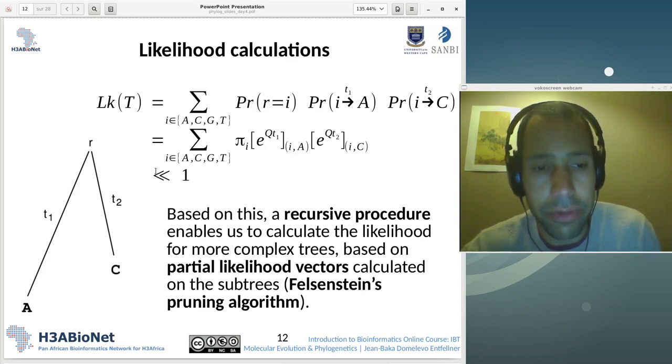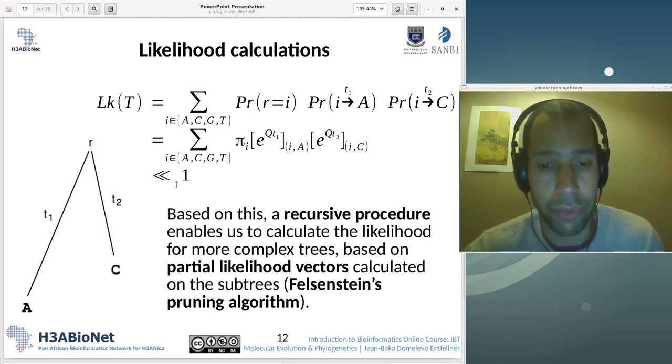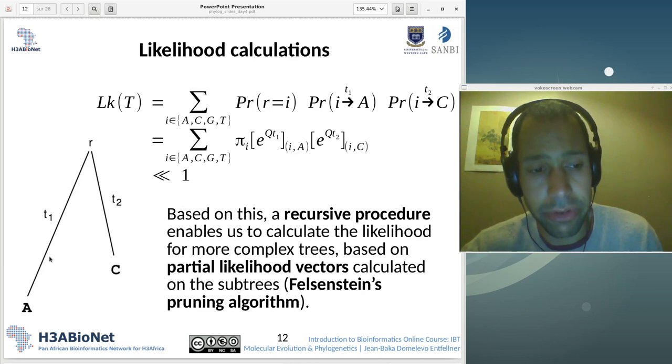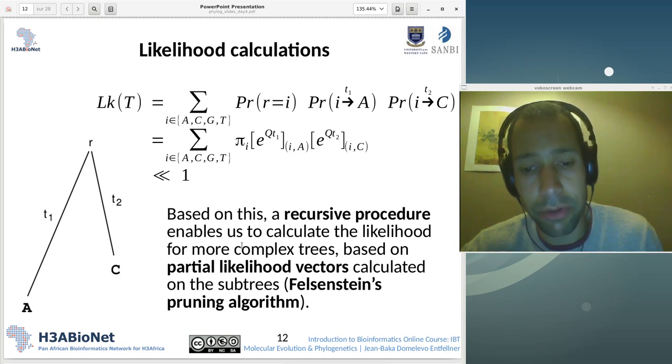Likelihoods for a site in a tree tend to be very small compared to 1. Based on this example, a recursive procedure enables us to calculate the likelihood for more complex trees based on partial likelihood vectors calculated on the subtrees. Because if you see this, we extract from this very easily the partial likelihood of this subtree